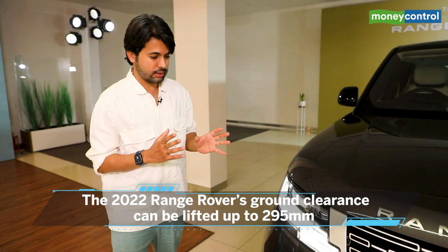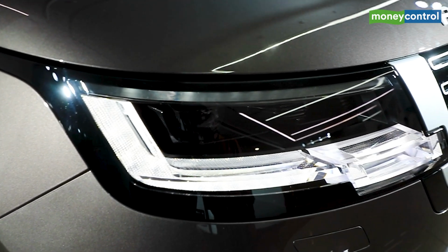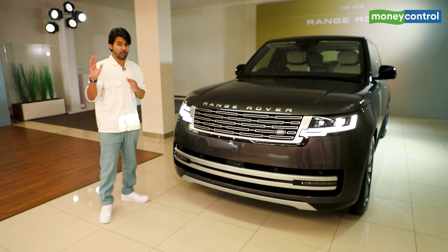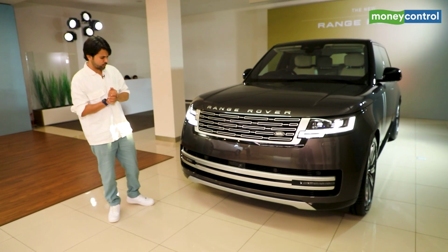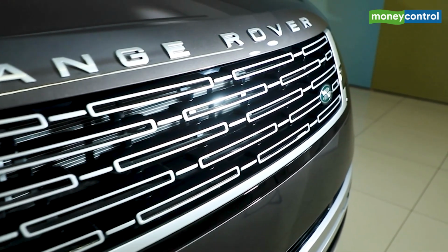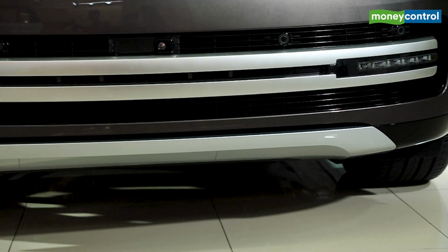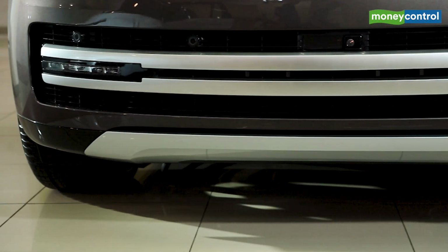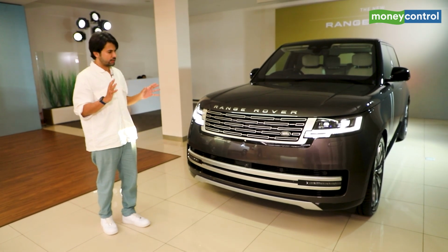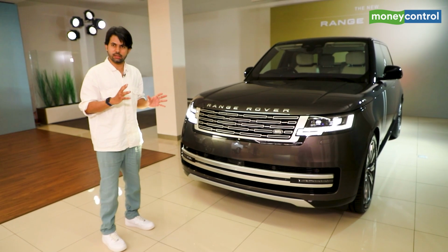Up front, you have these proper projector LED headlamps with about 1.2 million micro mirrors, which refract and throw light up to about 500 meters, which is what Land Rover tells me. Everything, as you can see, has been seamlessly integrated, so the overall design is very smooth, nothing is protruding. Even the fog lamps, when not on, are neatly integrated into the bumper, and the idea is that there's a level of British understatedness to this whole